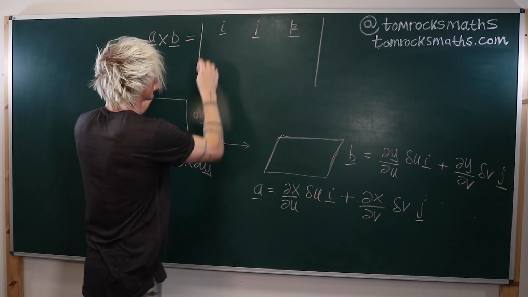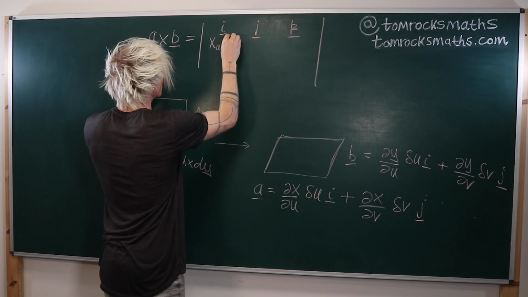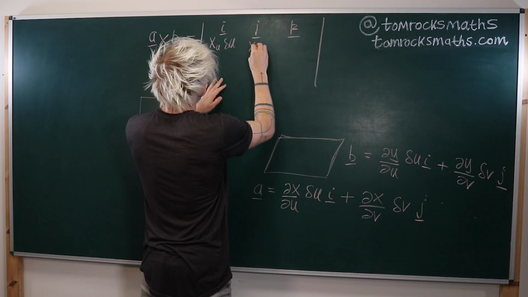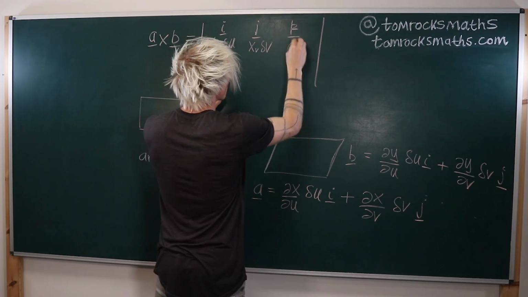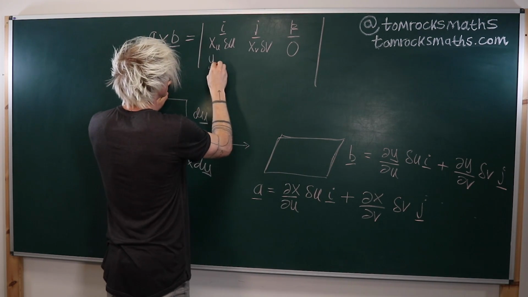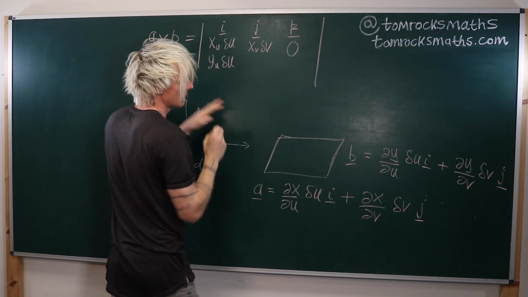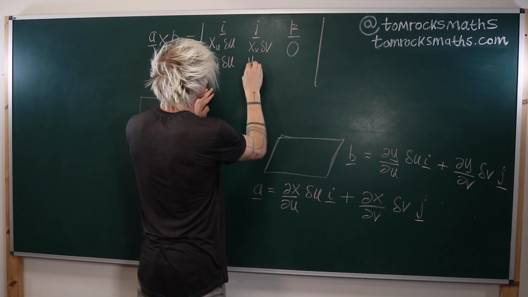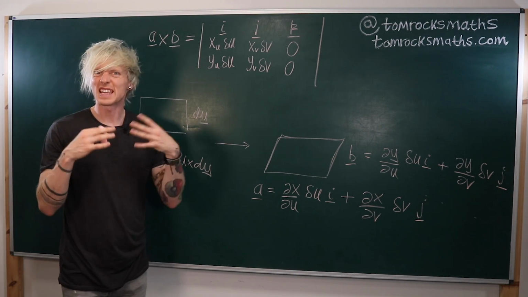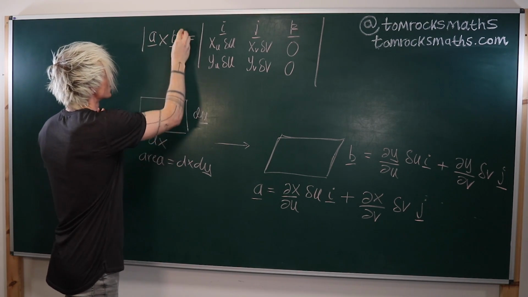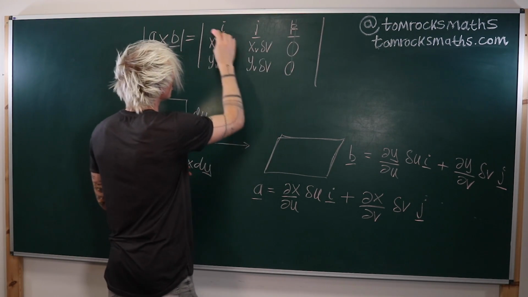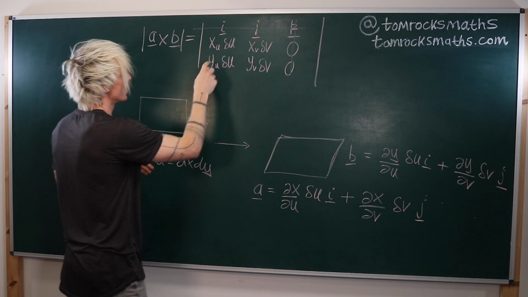Then for A, we have dx by du delta u in the i component. For j, we have xv delta v, and we have 0 for k. And then for b, we have yu delta u i component, and then yv delta v j, and then 0 for the k. Now, of course, the area is in fact equal to the modulus, or the size, of A cross B. And so expanding in this third column, like so, we can see that we get